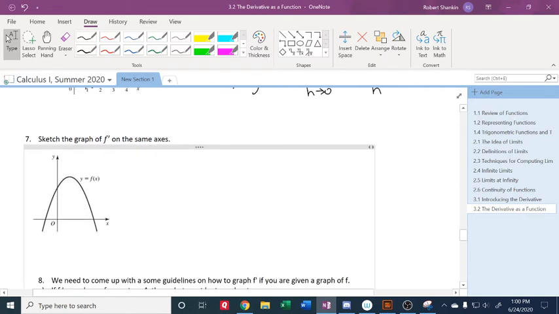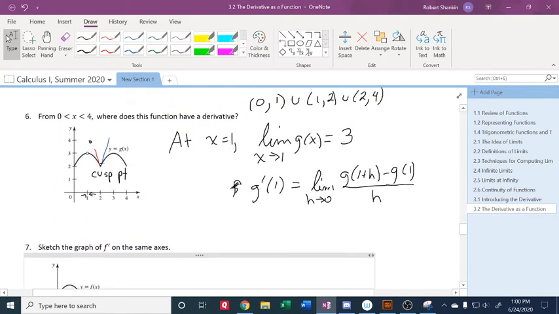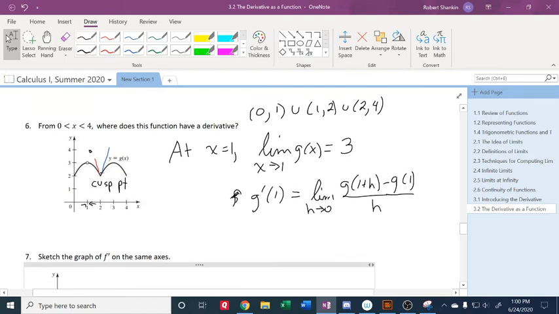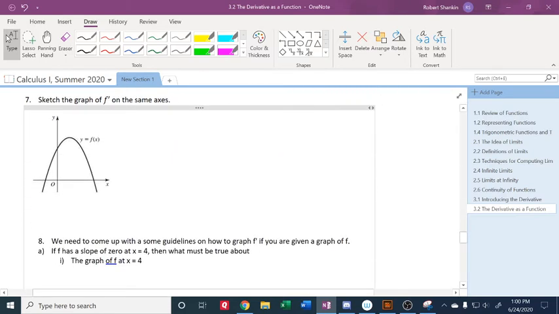All right. Well, let's go back to number 7. Before I go on, any questions on 6? Everybody clear on this? All right, number 7. Now it's going to get a little tougher. Let's sketch the graph of f prime on the same axis. And now we don't have a straight line segment to get its derivative. All right. To get started on this,